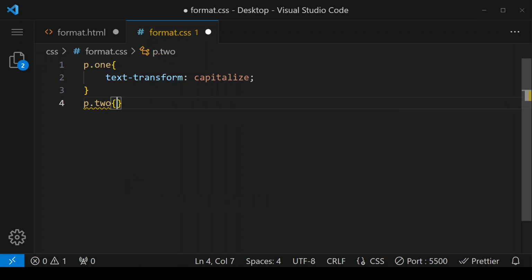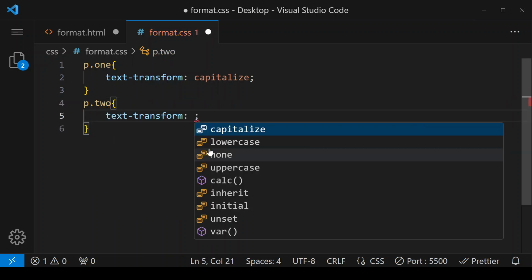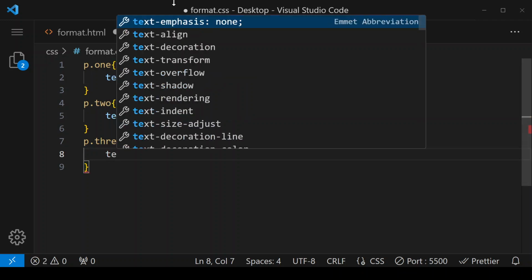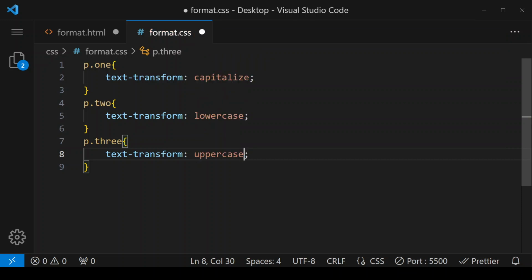p.2, here we are giving text transform to lowercase. If the letters of your sentence are in uppercase, they will get converted to lowercase. And p.3, here I'm saying text transform to uppercase. So if all the letters are in lowercase, they will get converted to uppercase. Save it, and in